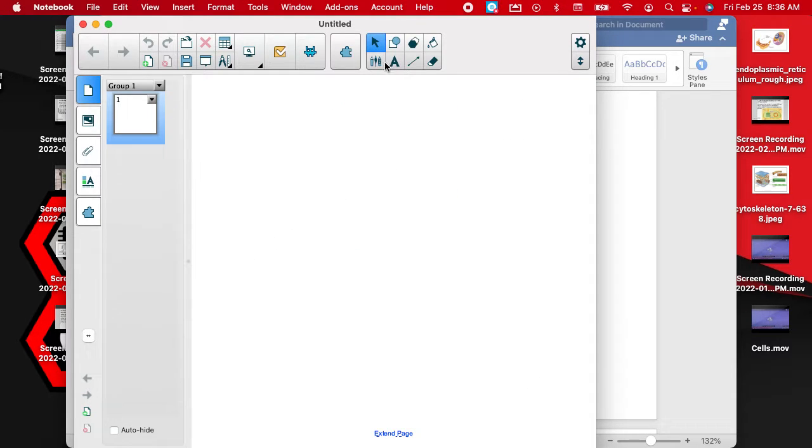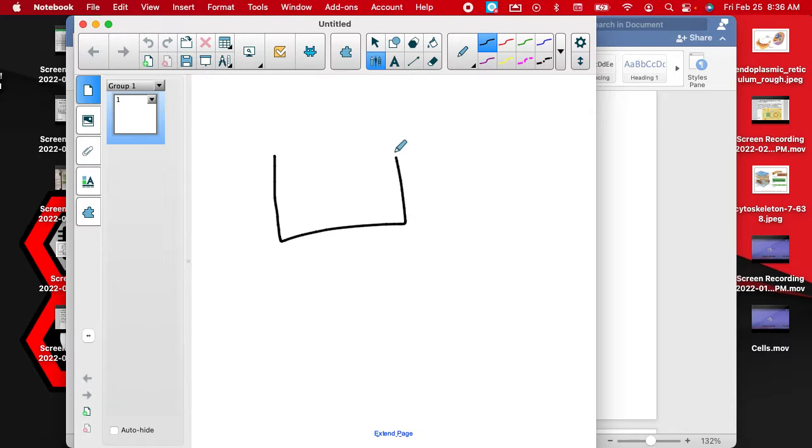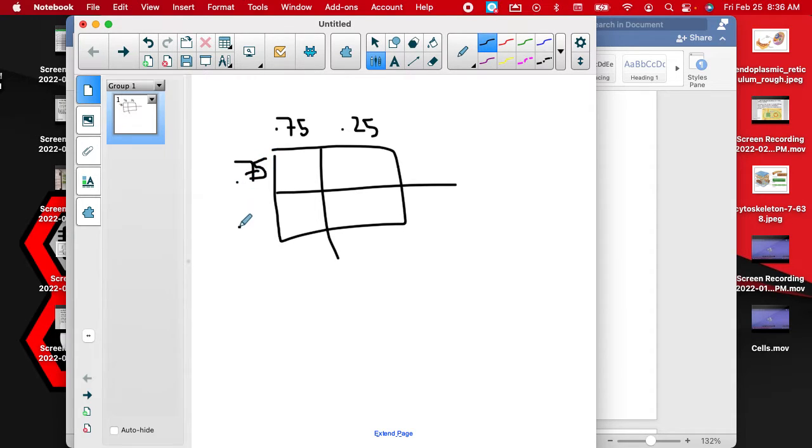Okay, so I'm going to make my really bad Punnett square here. 0.75 here, and then 0.25, and over here, same thing. Okay, so then we're going to fill in our Punnett square. So 0.75 times 0.75 is 0.5625. Okay, and then 0.75 times 0.25